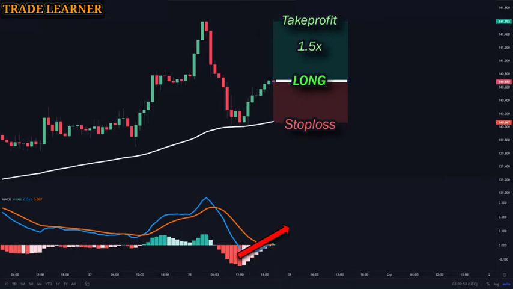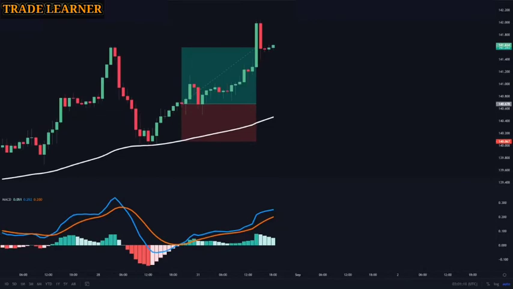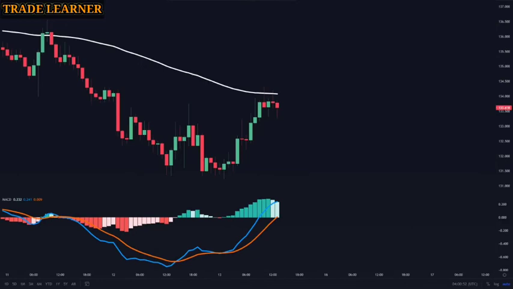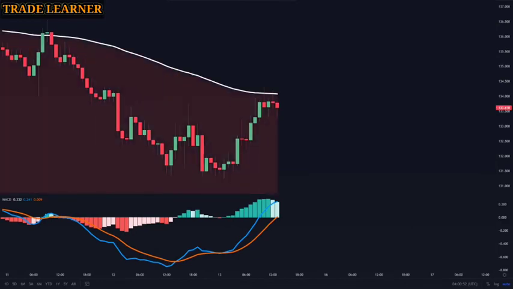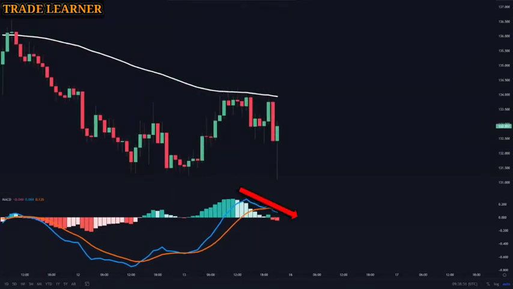And as you can see, this trade ended up being profitable. So let's look at another example. In this chart, we can see that the price is below the 100 EMA, indicating that the long-term trend is down. Next, we have a cross down on the MACD, and so this will be our entry signal to go